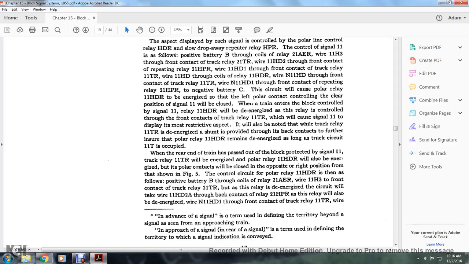When the rear end of the train is past the block protected with signal 11, track relay 11 TR will energize. Polarized relay 11 HDR will also be energized, but its polar contacts will be closed in the opposite, right side position from the figure shown in figure 5 with the control circuit. The polar relay 11 HDR then follows the positive battery B through the coils of relay 21 AER,